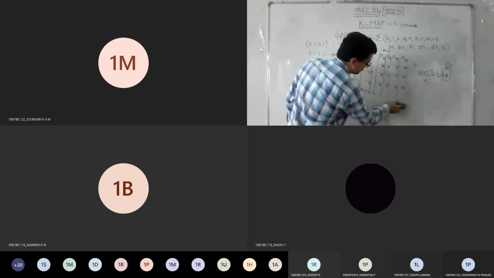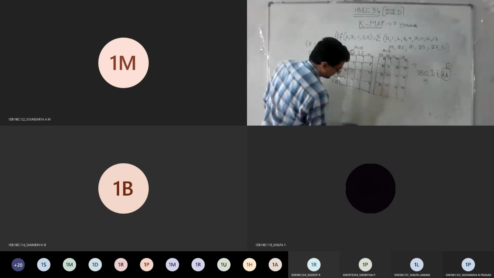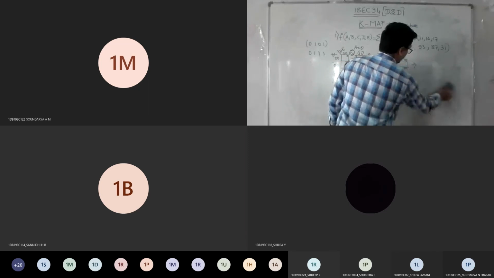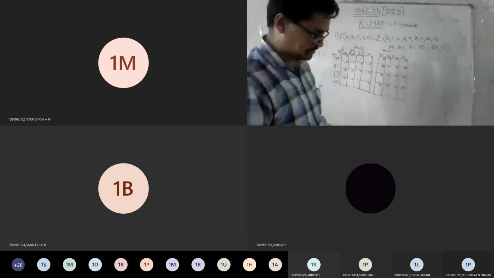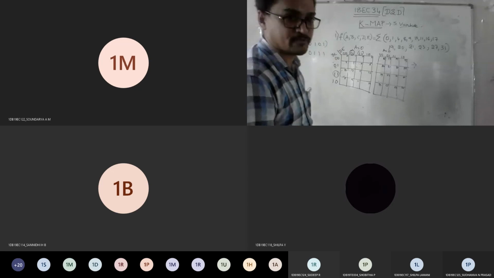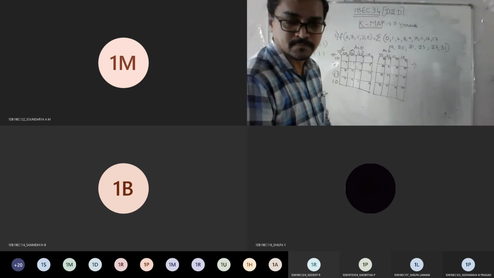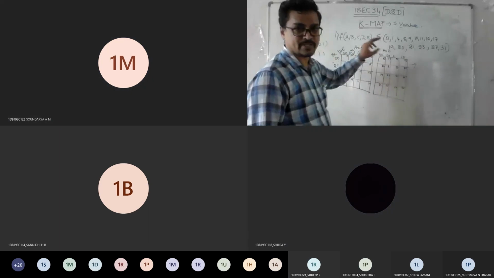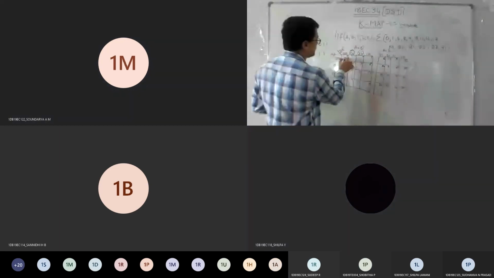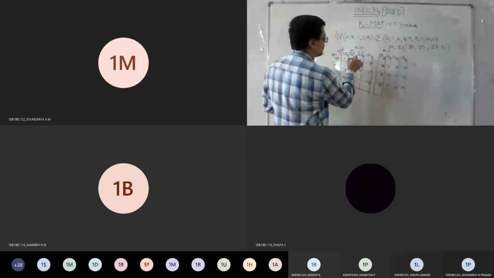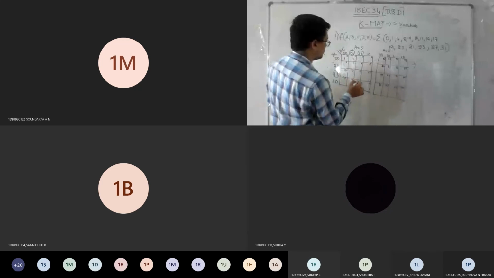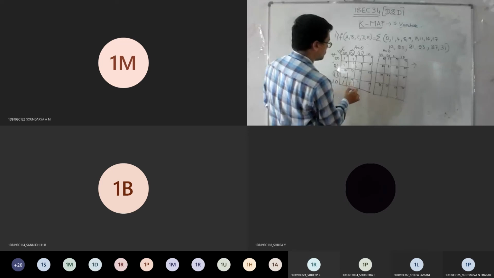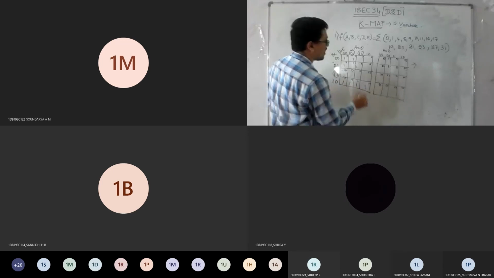So let me come back to the problem now. This is the basic thing you should understand whenever you deal with five variables. Now can you fill the table? You have to fill ones or zeros, ones because this is for min term summation. So let me write 0 is 1, 1 is 1, 4 is 1, 8 is 1, 9 is 1, 10 is 1, 11 is 1.